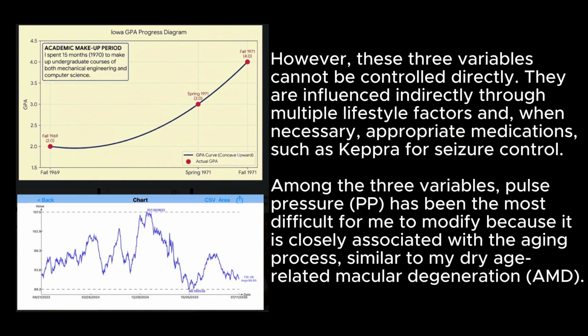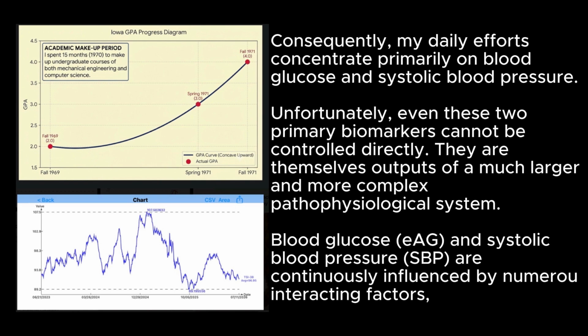However, these three variables cannot be controlled directly. They are influenced indirectly through multiple lifestyle factors and, when necessary, appropriate medications, such as Keppra for seizure control. Among the three variables, pulse pressure PP has been the most difficult for me to modify because it is closely associated with the aging process, similar to my dry age-related macular degeneration (AMD). Consequently, my daily efforts concentrate primarily on blood glucose and systolic blood pressure, and fortunately, even these two primary biomarkers